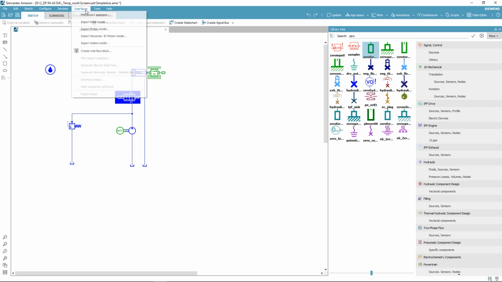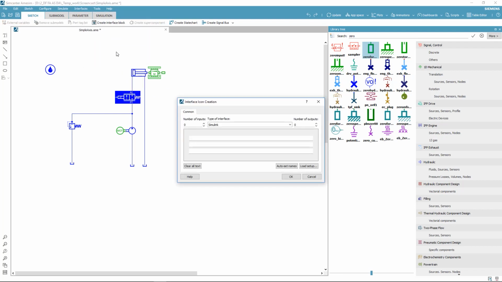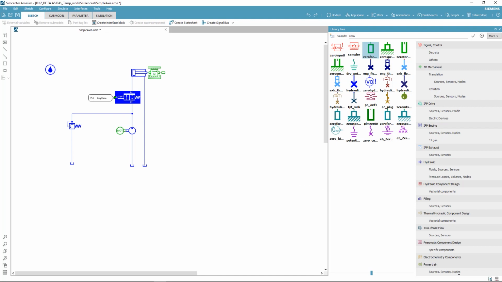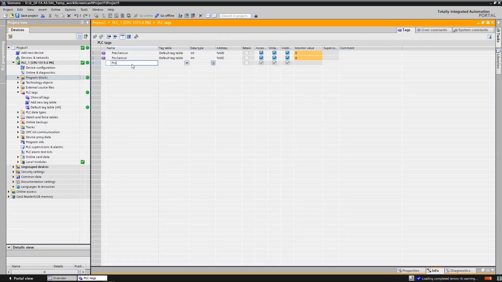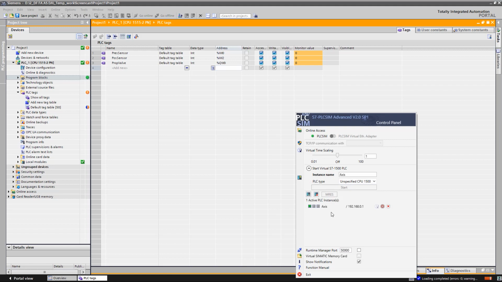We add to our sketch an interface block. This is used to interface our simulation to several other tools, such as Automation Connect for Virtual Commissioning or FMI. We create a new output to get from the PLC the signal for the proportional valve. New tag named prop valve as an int. In this case, a 10-volt output for our valve will be defined as automation raw value